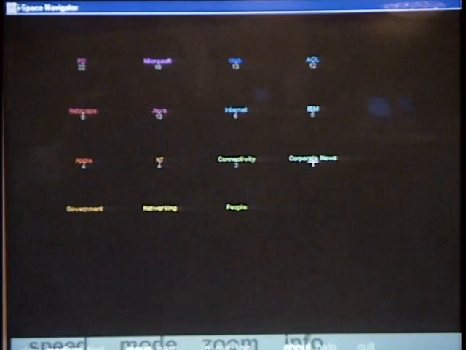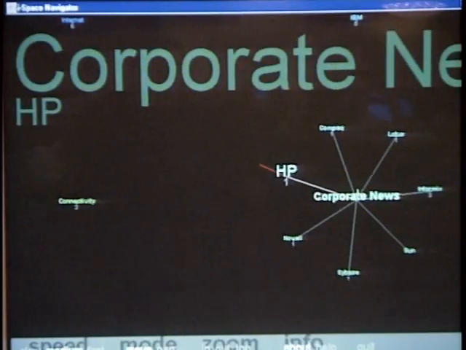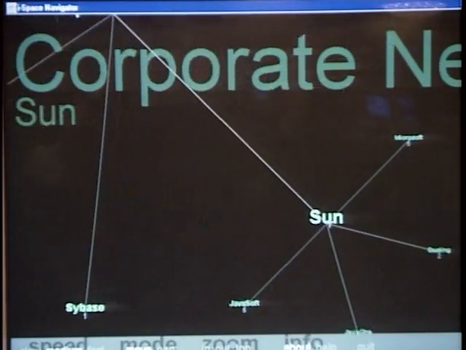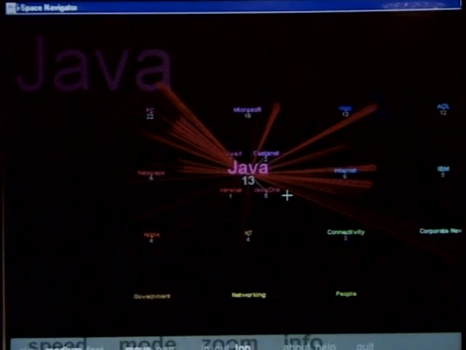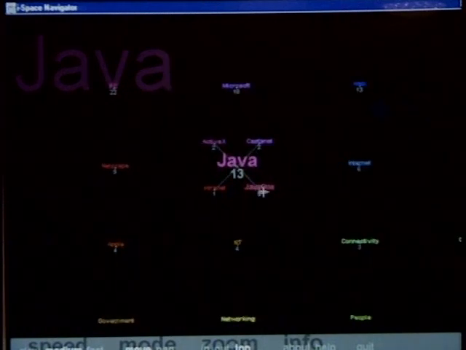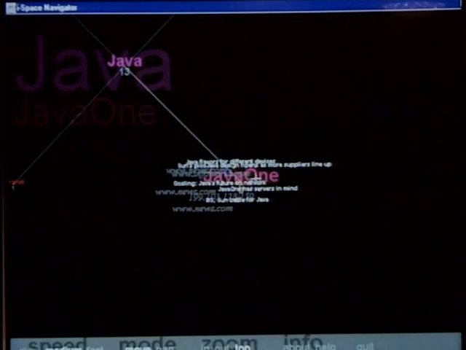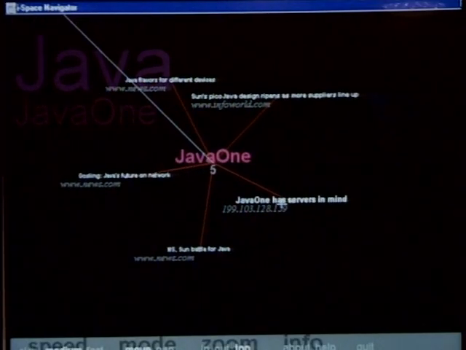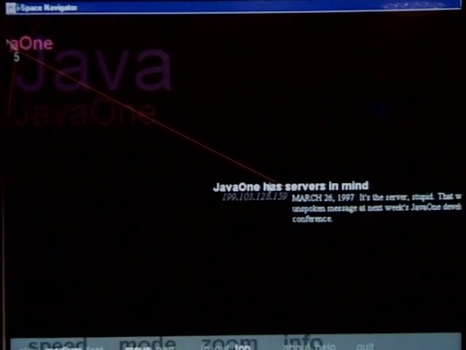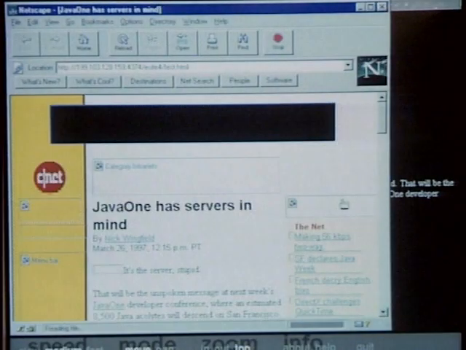So for example, I point and move towards corporate industry news, and a number of subtopics, which are the names of companies, come up. I point and move towards, for example, Sun, and again, information without having to read it all. Another thing we can do is I might be looking at Java, and as we were a moment ago, I was looking at an article about Java 1. I can move closer, look at this article, which was about the Java 1 conference, double-click on it, read the